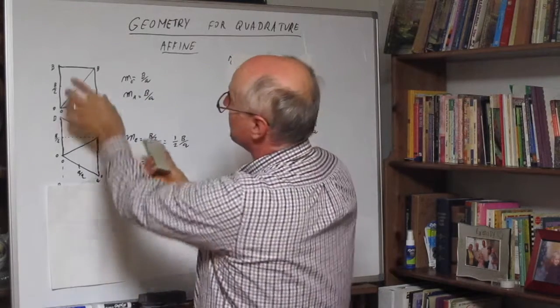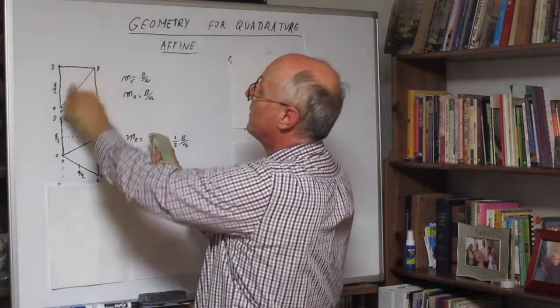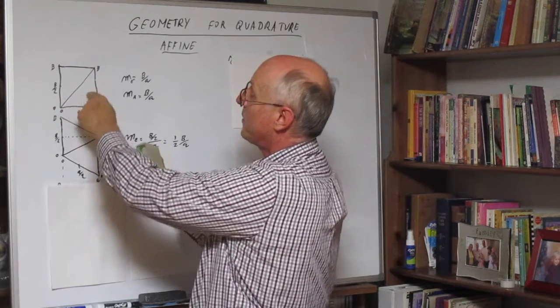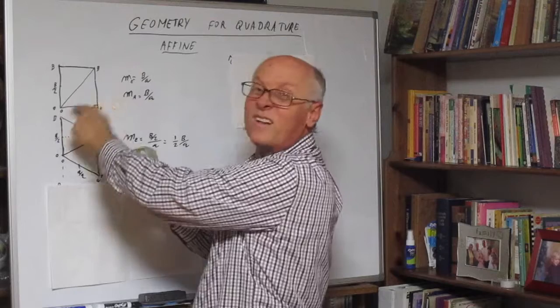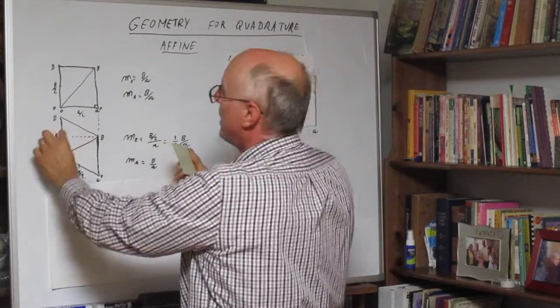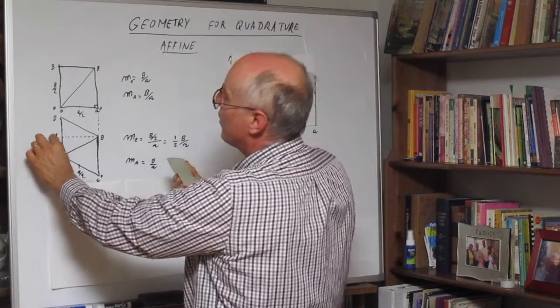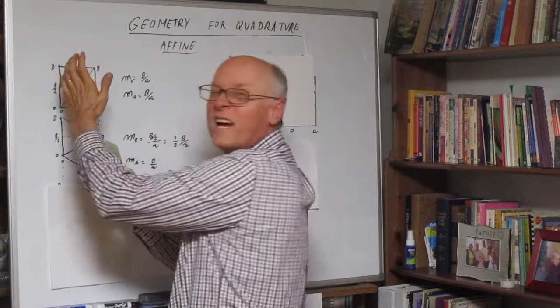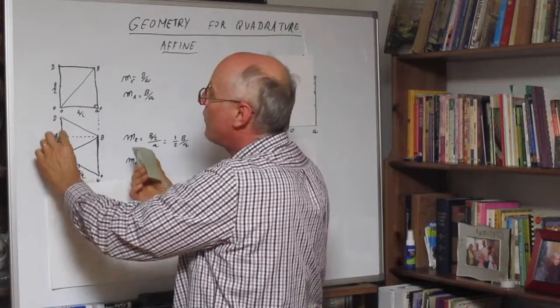Basically what we've done was we've taken the original triangle, here's our diagonal, and we just did a Cavalieri shift of b over 2. See that? I shifted a distance b over 2